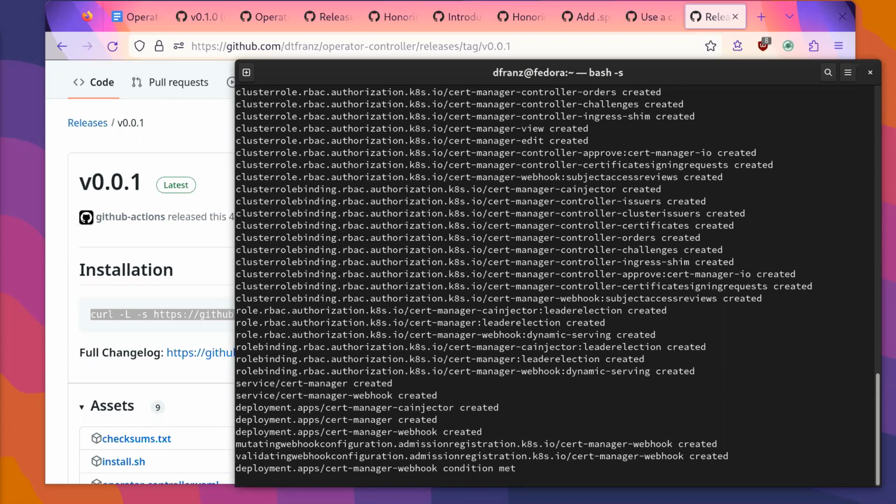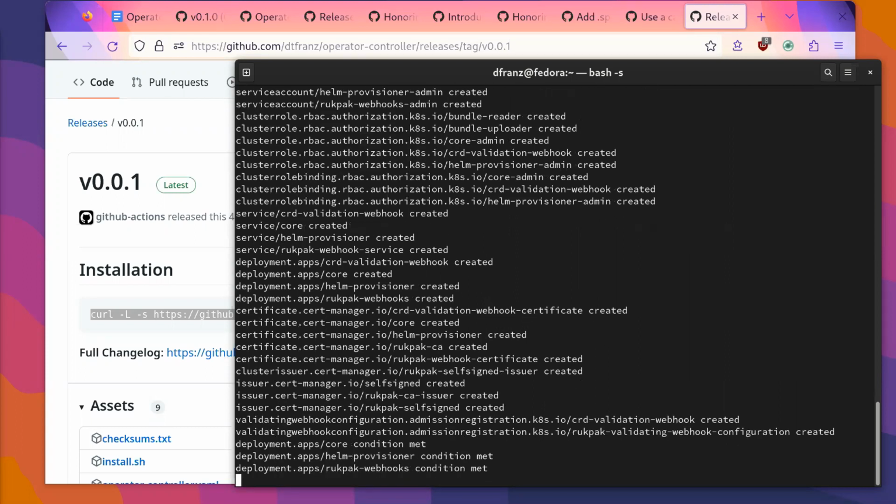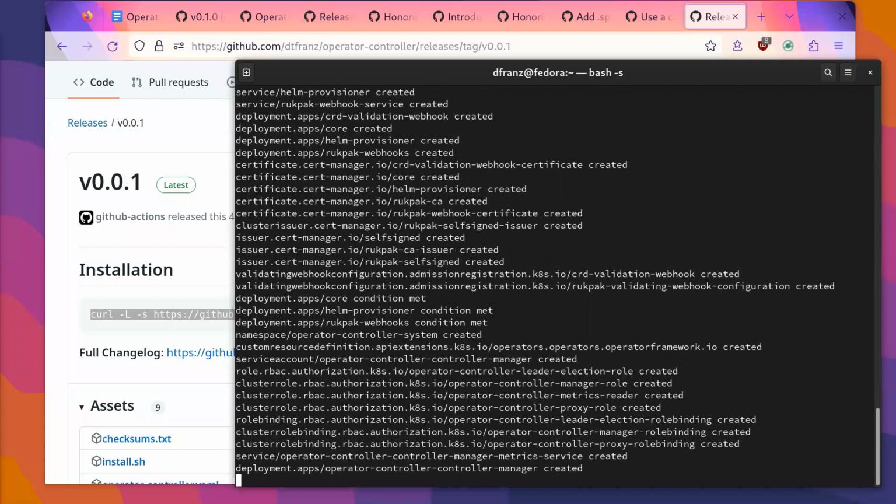And then every time we run the release, we take those values and generate a script with them. And then inside that script, we basically download the separate installation steps for each of those dependencies, then run them, and then finally install the operator controller, which it's doing now.